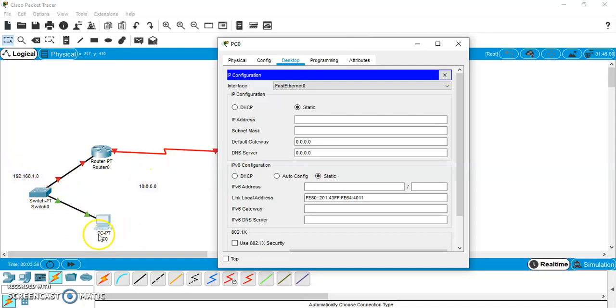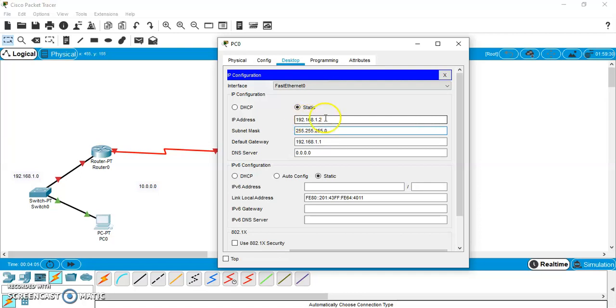For this PC, this is the router, so the default gateway has to be 192.168.1.1. This is the default gateway for this router. So obviously we should give the IP address as 192.168.1.2, that is the next IP address for this device, and the subnet mask will be as it is.